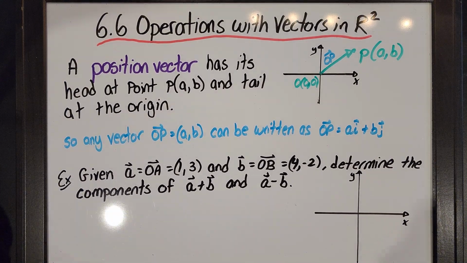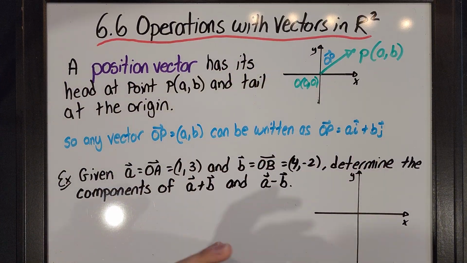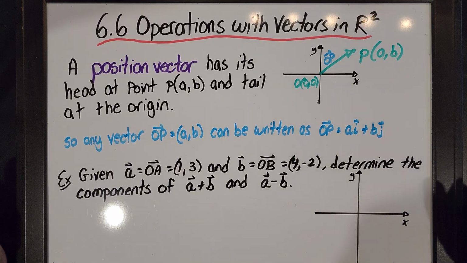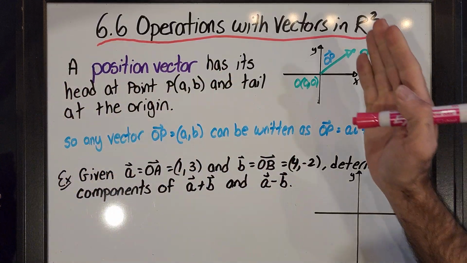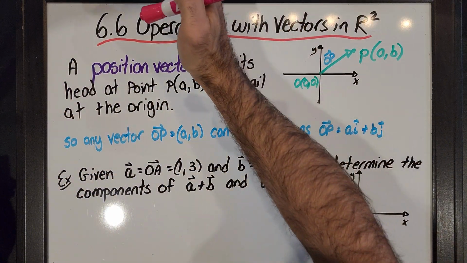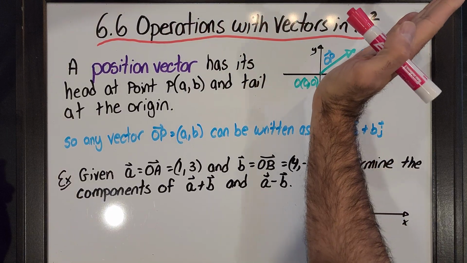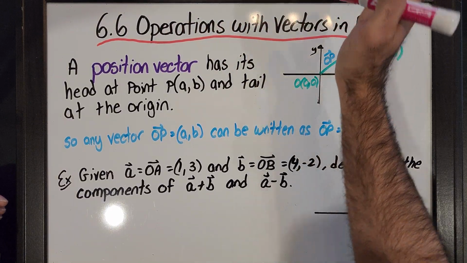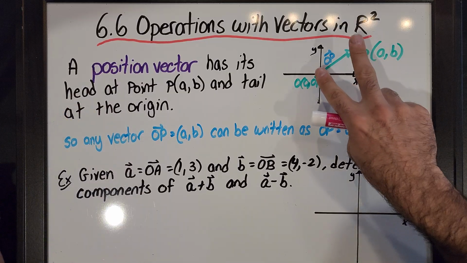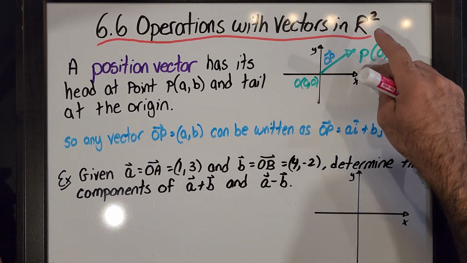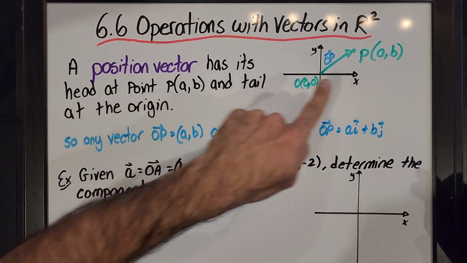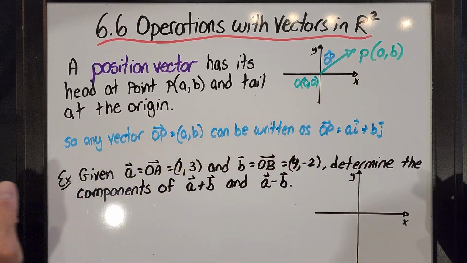Okay, 6.6 is operations with vectors in R squared. So this is just two-dimensional space, just an x and y coordinate. The first thing we need to understand in this section is what a position vector is, because wherever a vector is in space, we like to position it with its tail on the origin. So a position vector, we usually call it OP, because one of its points is at the origin, the other point is at some random point P, has its head at that point, that could be AB, and tail at